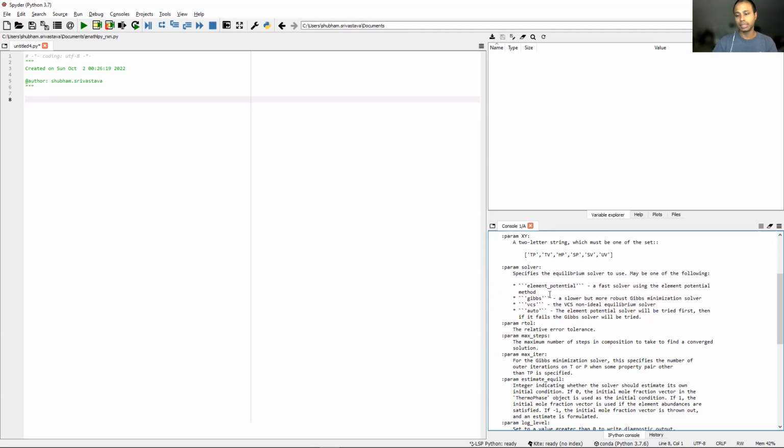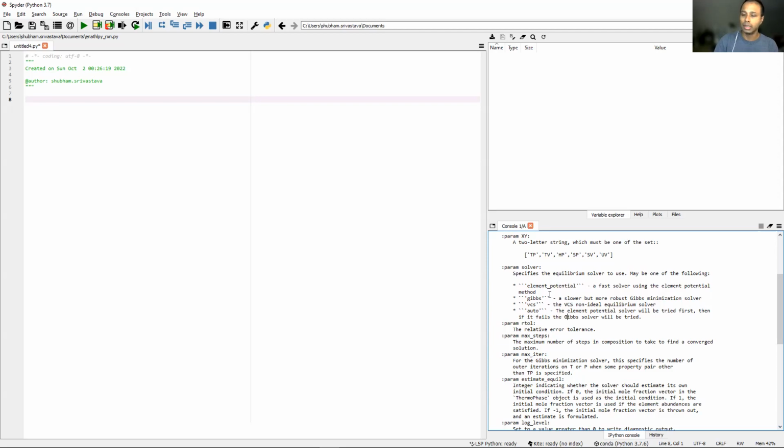There's an element potential method, there's a Gibbs method, there's a VCS method. We will not go into the details of these methods and how they work, because that is out of scope of this course. But you're free to explore, for example, the Gibbs function. What that does is it minimizes the Gibbs free energy by solving for the mole fractions of different species in the system. Likewise, there's the element potential method. By default, Cantera always uses the element potential method. If that fails, then Cantera will go on to use a Gibbs method that is supposed to be more stable,